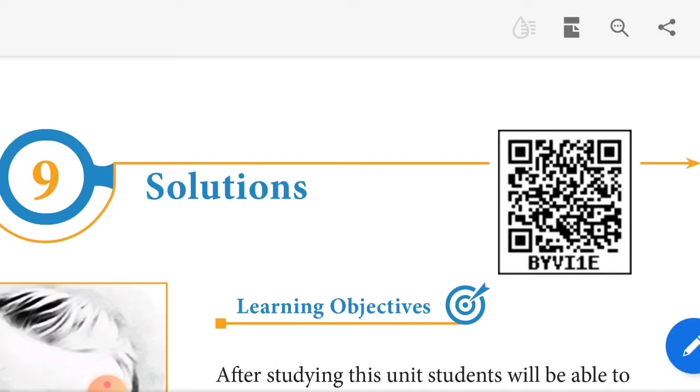In today's class, we are going to discuss the solutions lesson. In this lesson, we describe the formation of different types of solution, the concentration of solution, Henry's law and Raoult's law, ideal and non-ideal solutions, then colligative properties of the solution with the molar mass of the solute, and abnormal colligative properties. Okay, let us start now.